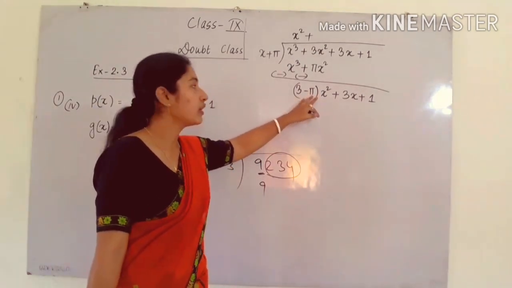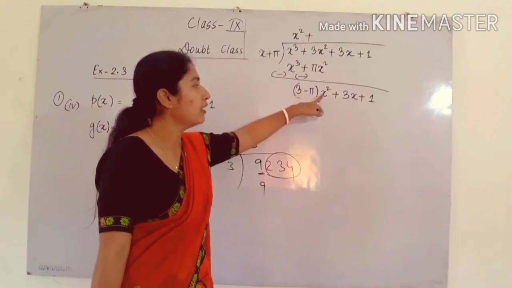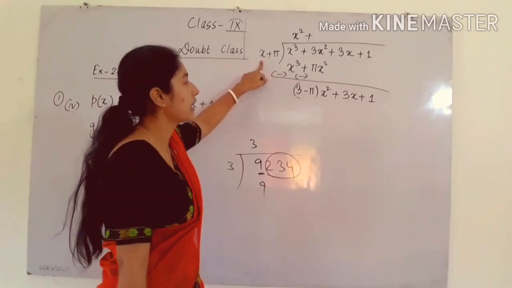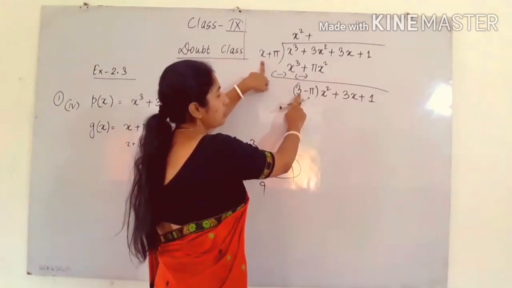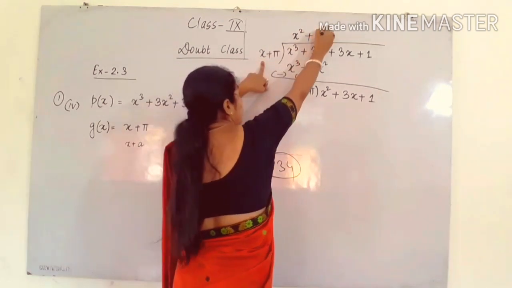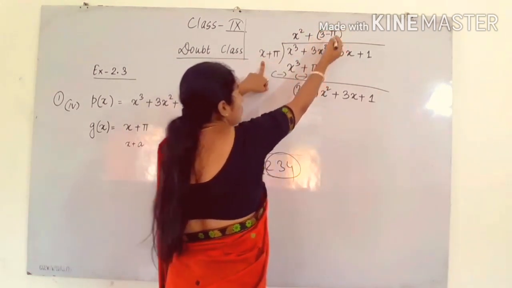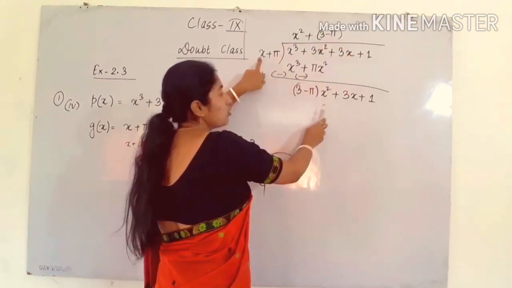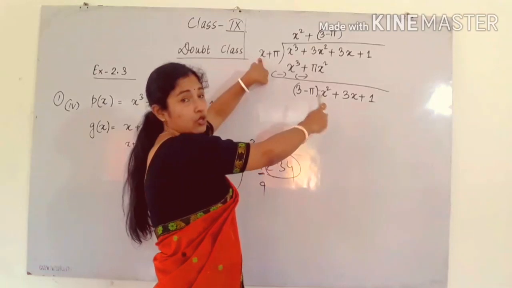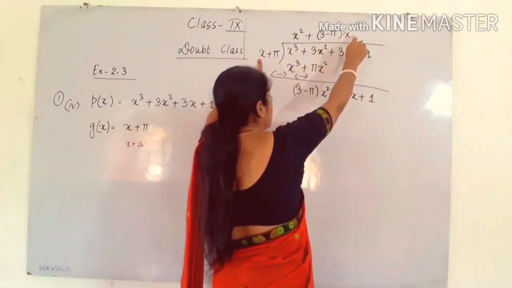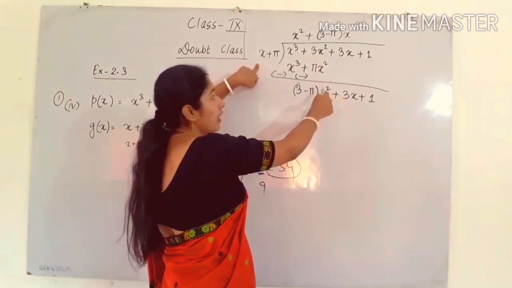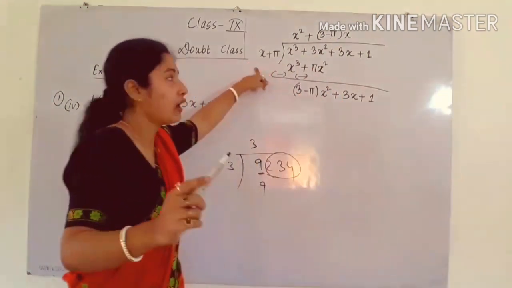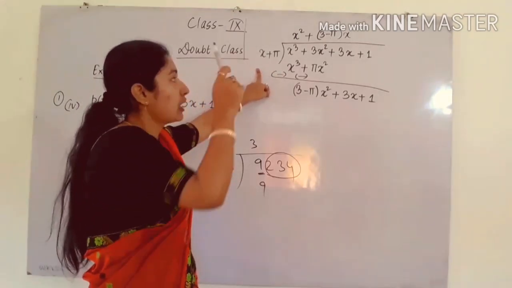We want the first term. In the first term it is (3 minus pi) into x square. So what number or what term do I have to multiply with x to get this? So I have to write 3 minus pi. When I multiply (3 minus pi) with x, I will get (3 minus pi) into x. But I want x square, so I have to write 1x here. Because x into x will become x square, and the remaining term will be this one only, 3 minus pi. Okay, I hope you are getting it. So try to follow the steps.